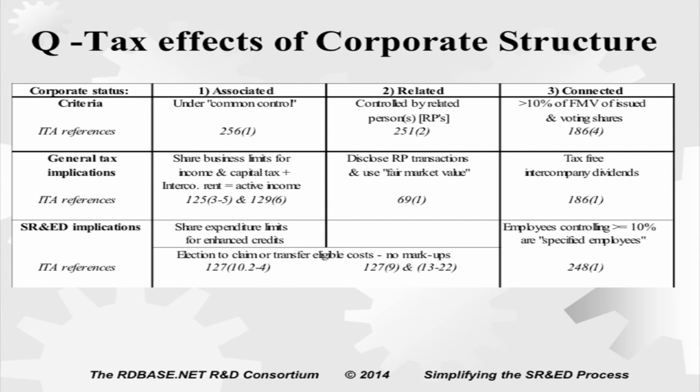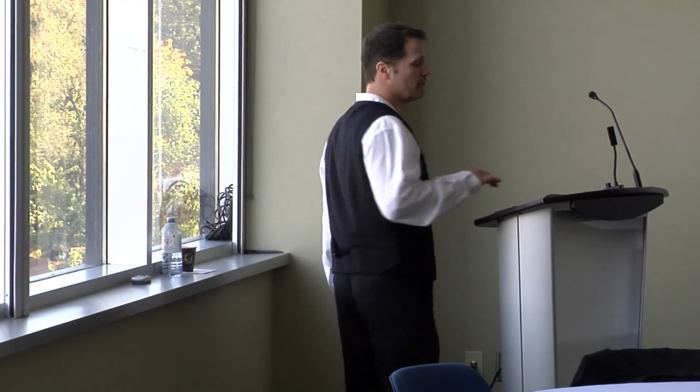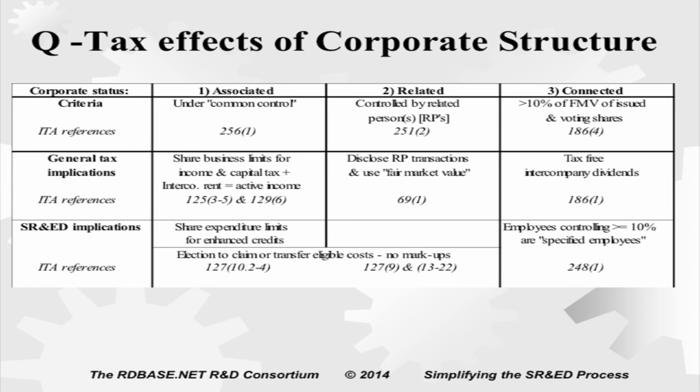I like to go into that because associated actually means controlled. You control the company. You don't have significant influence. You control it. You make it do what you want. Usually more than 50% of the votes. Okay, so if I'm a 50-50, I'm a specified employee, but I'm still arm's length. I don't control the company. So that's a very different position.